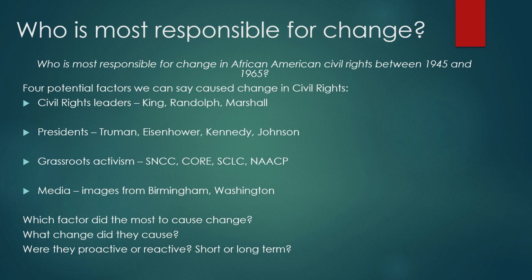When you do an essay question for this, you could lay it out the way I have done here. You could have one paragraph for civil rights leaders, one for the presidents, one for activism, and one for the media. Take each in turn and then come to a conclusion at the end on which one you believe was the most responsible. A way to improve this decision making, this judgment you can make as historians, is to use criteria questions. I'll give a few examples of three of those. When you're choosing a factor, did it really cause the most change?